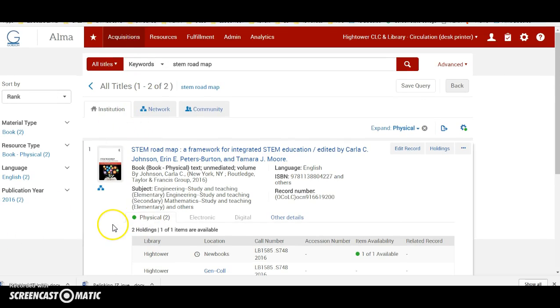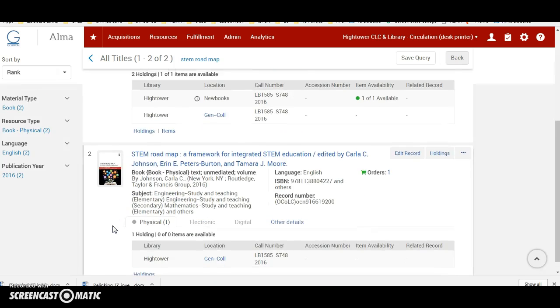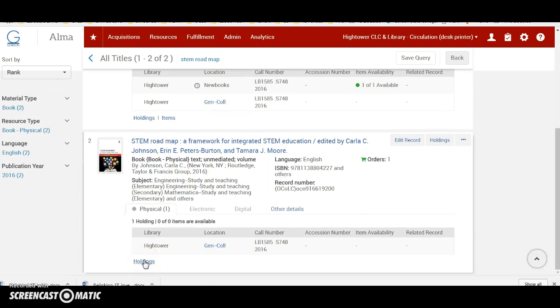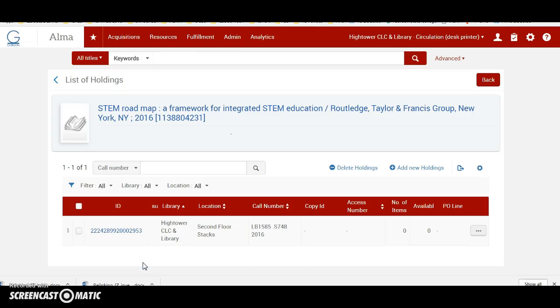Oh, okay. Alright, and so at this point, I think what you want to do is click on the holdings link of the item that's going to be receiving the holdings. So on number 2, the one that has the purchase order line, we're clicking holdings, and then we're going to click relink,